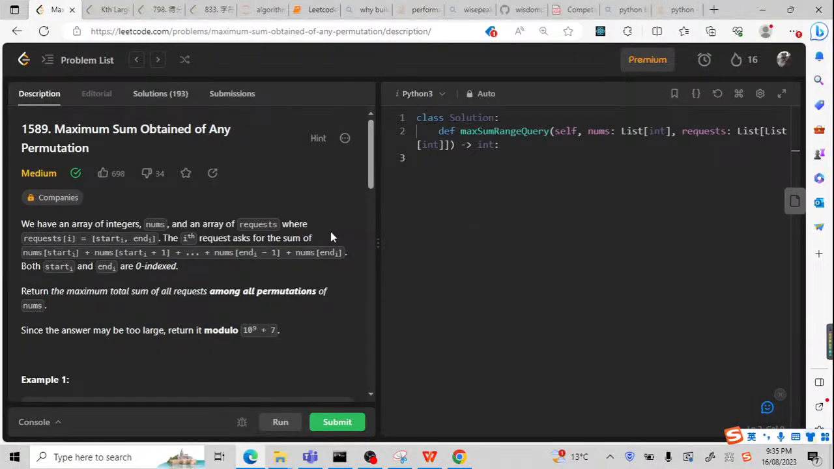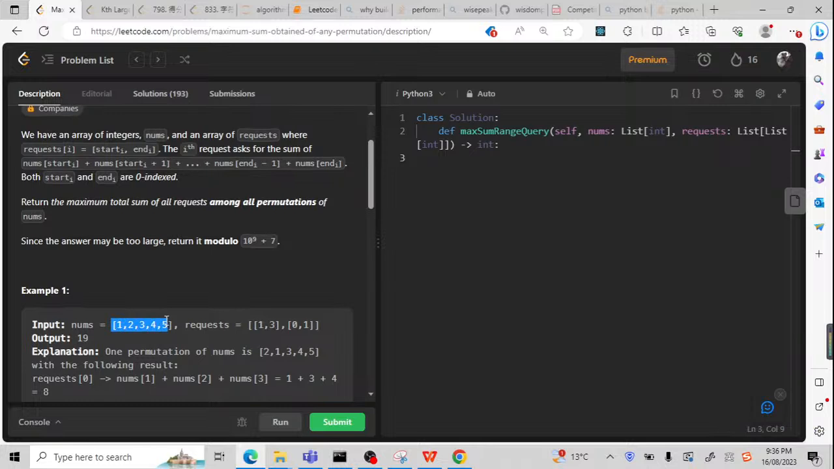Hello, welcome back. Today, let's try to solve another Leetcode problem, 1589, maximum sum obtained of any permutation. This means it is not only obtained from an array, but the array can also be permuted. For example, we have a nums, and these requests mean inside the items, for example, this is 1,